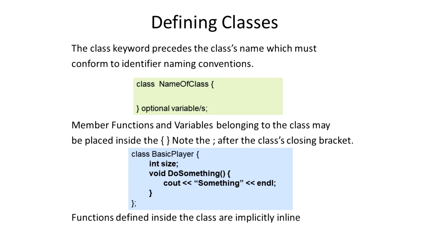It's probably referring to a specialized version of a player. Perhaps there are other types of players that are going to be represented by other classes. But that aside, once we've specified the keyword class, you'll see that appear in blue, and then the name of the class, we then have to follow that with a pair of braces, and within those braces is where we're going to declare our data members and our member functions so that they correspond with that class and are part of that class. So all the objects created of the class then have access to those data members and member